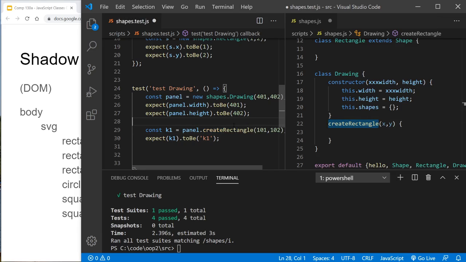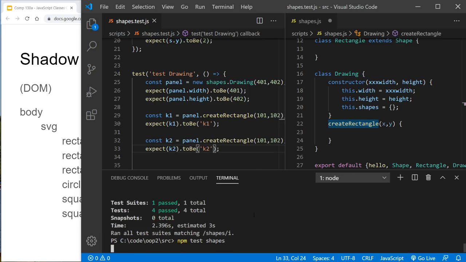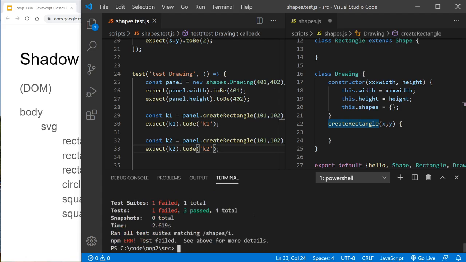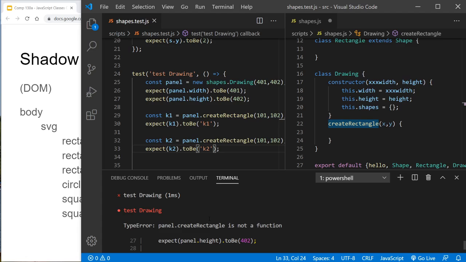Okay, and what I'm going to do is do this again just so you can see the idea. This is going to create me a second key, and I really want that second key to be K2. So I'm going to save that and actually run it. Of course this is going to give me an error, but we'll put the code together to try to test that. And what we'll see, that's cool. All right. So what we're going to see, and I can do this 1,000 ways,